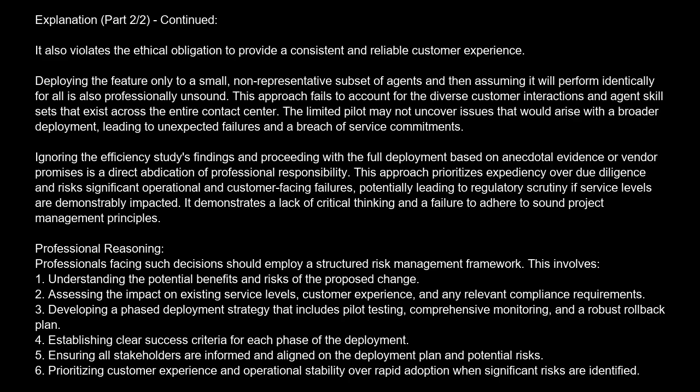Deploying the feature only to a small, non-representative subset of agents, and then assuming it will perform identically for all is also professionally unsound. This approach fails to account for the diverse customer interactions and agent skill sets that exist across the entire contact center. A limited pilot may not uncover issues that would arise with a broader deployment, leading to unexpected failures and a